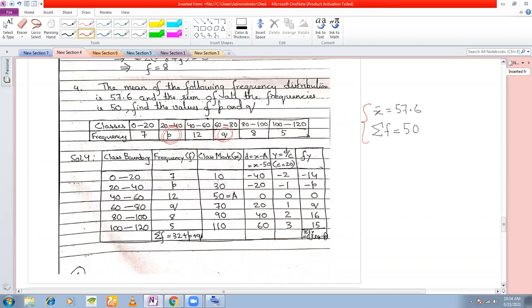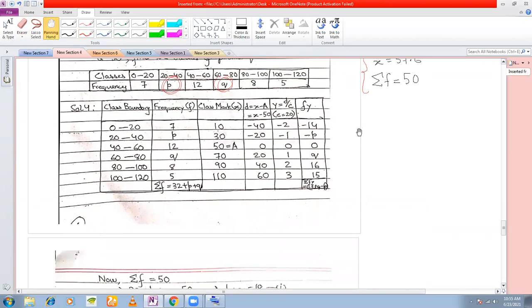So how will I find out? I have done this by step deviation method. Again, you can do this by deviation method also. Okay, proceeding exactly in the same manner. So let's see how to do this. First column, class boundary. Second column, frequency. Third column, because class intervals are there, you will construct the column for class mark or mid values. Fourth column will be for deviations, and about which value will you take the deviations? What should be your assumed mean? You can take the assumed mean to be 50. You can take the assumed mean to be 70 also, somewhere midway. Okay, I have taken 50.